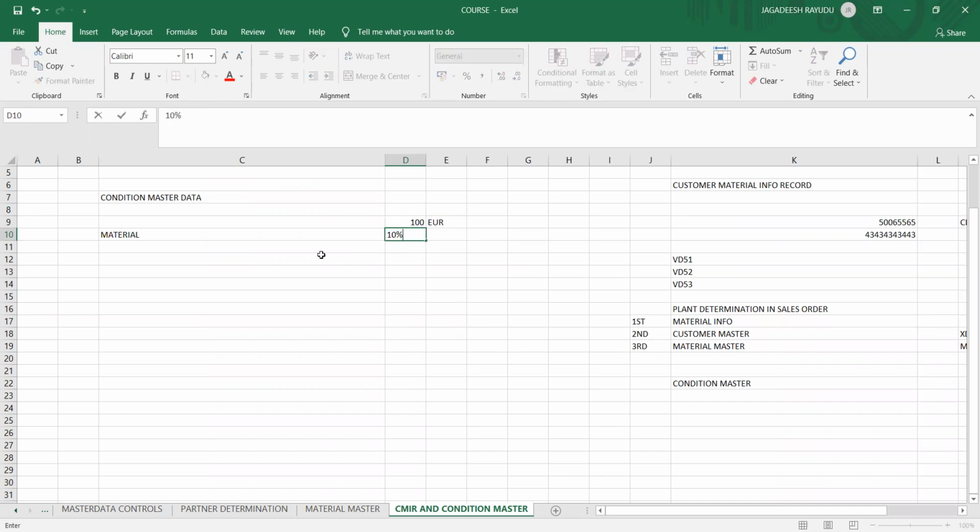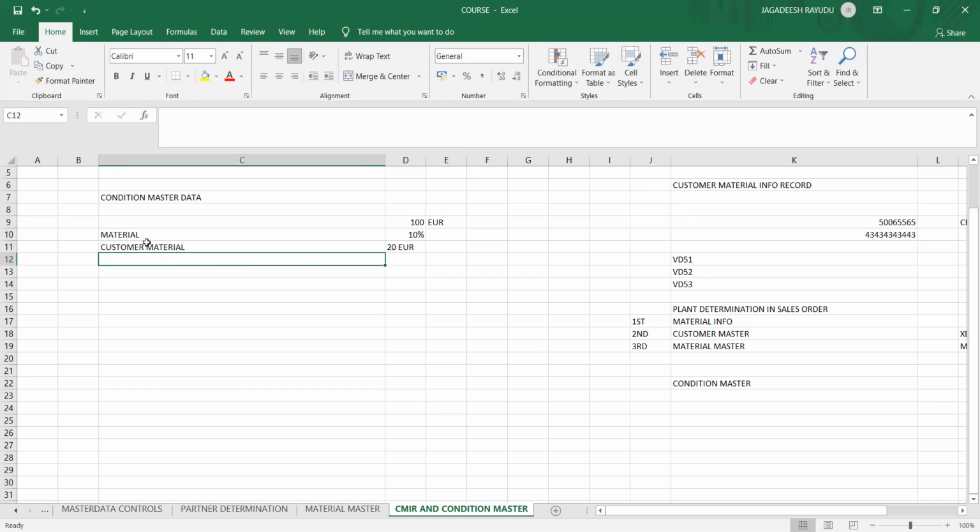Like that, customer material: a certain customer, for a certain material, getting this discount. Assume that this is 20 euros. You also have some surcharge before getting into the discounts.